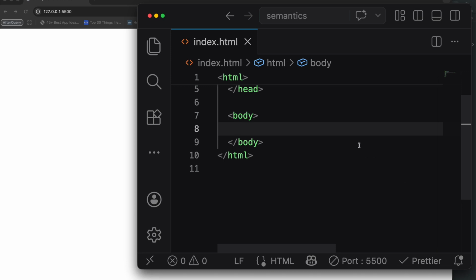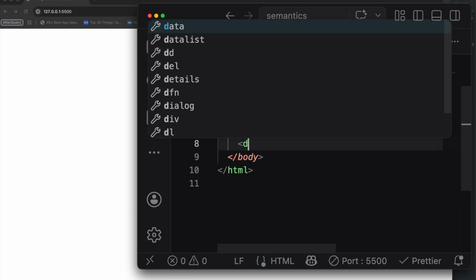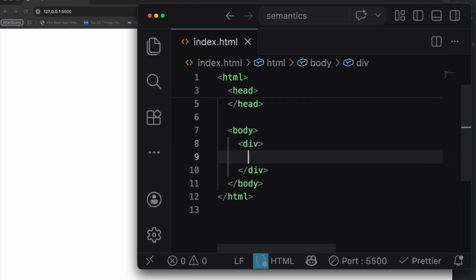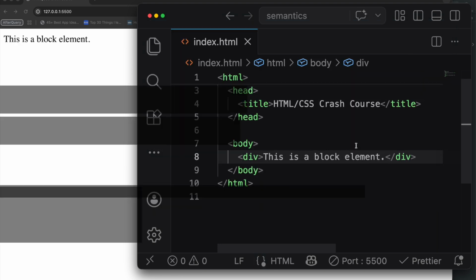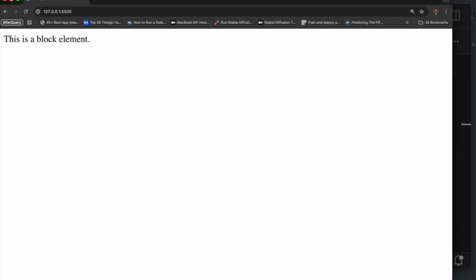Now, what are the types of block elements? Block elements are the div element, the paragraph, the block quote. Now let me demonstrate. Let's write the div and say this is a block element. Now let's save. It doesn't really show anything, it just shows the text. But to see how the element stretches from the left to the right,